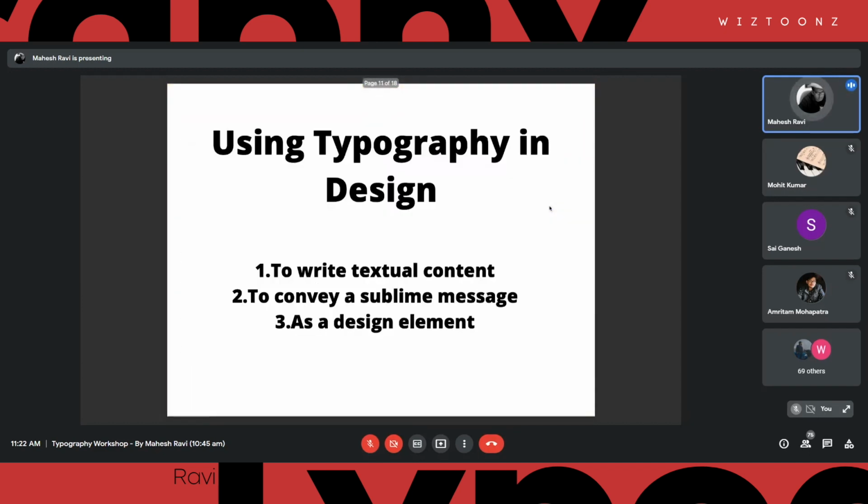But what we are going to talk about, majorly in this session, is how to use typography as a design element itself. When we hear about an aesthetic design element, we don't actually think about typography. We think, I can make it more attractive if I use a color, an illustration, or a picture.